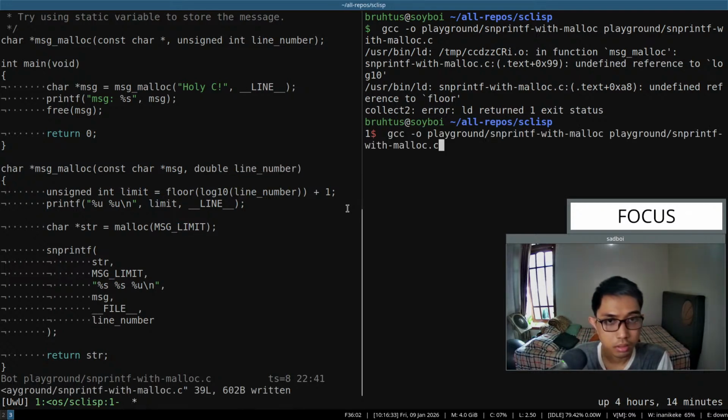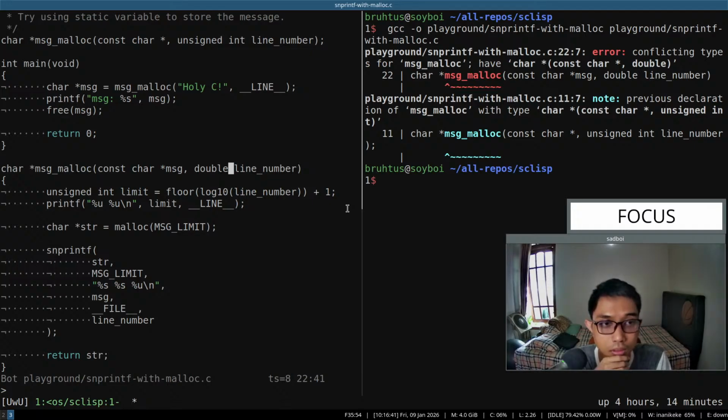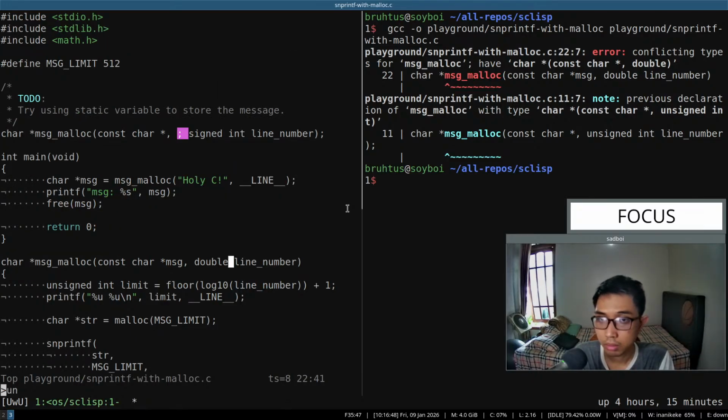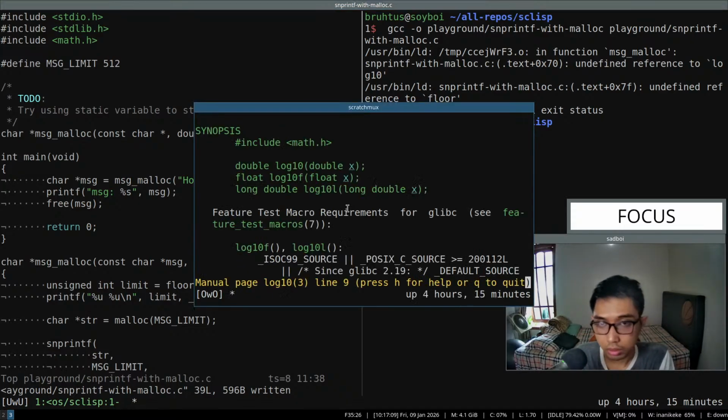Something like this. No. Conflicting, huh? But yeah. Okay. So it needs